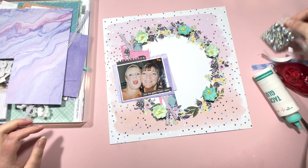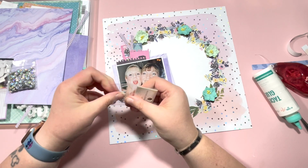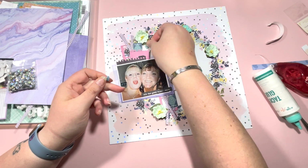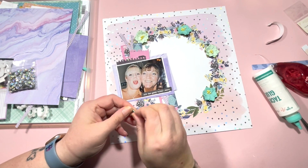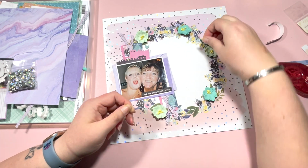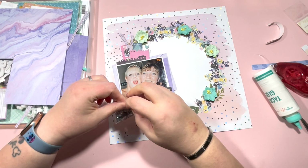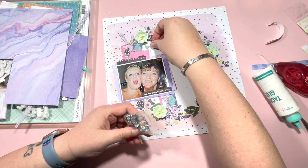Then we have some sequins, and I've got just a few of these little hearts left. So let's get these used up. Let's pop one there, one there, and maybe one in here. Then we've got these holographic sequins, so maybe